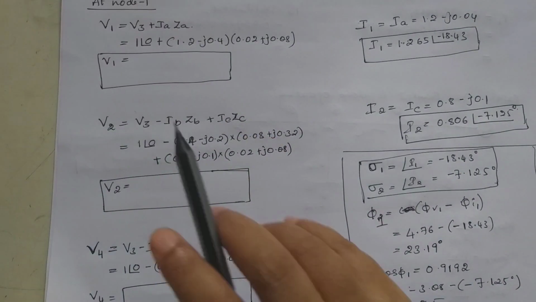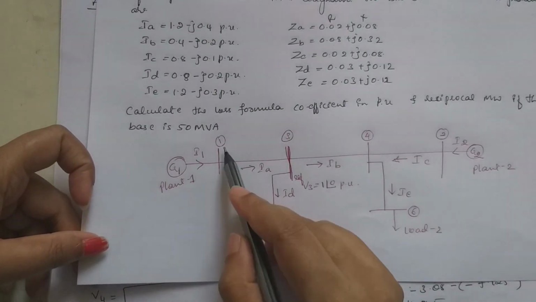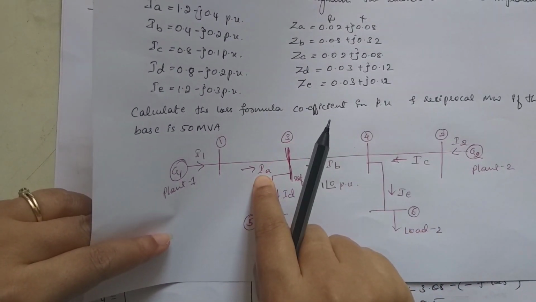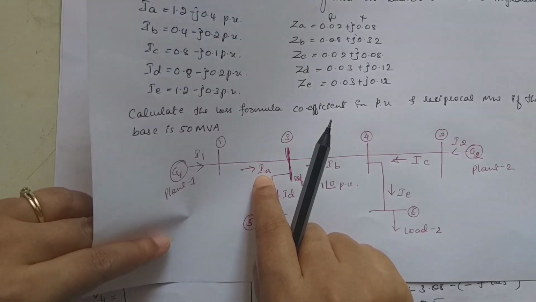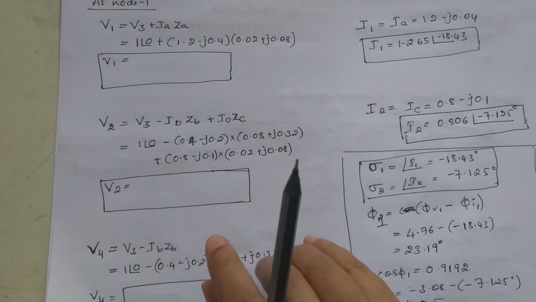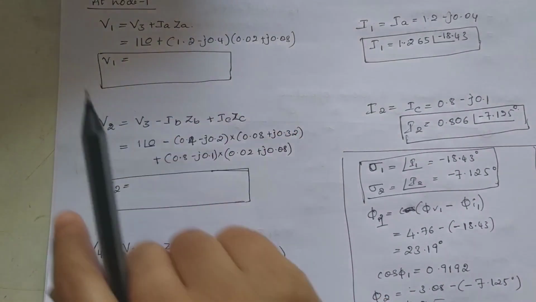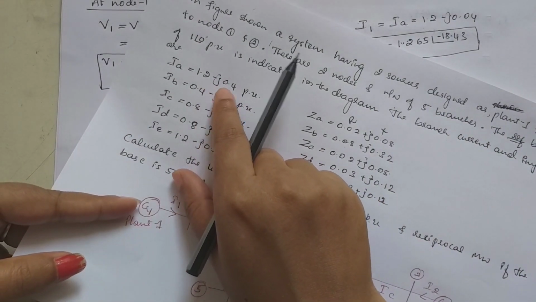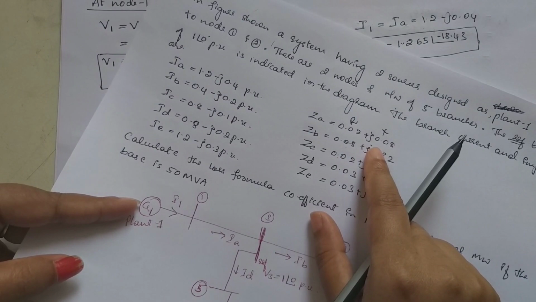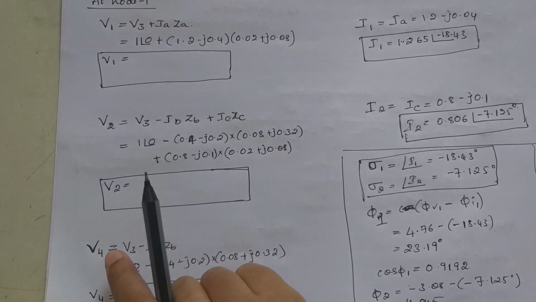So V1, by looking at the circuit diagram, is equal to V3 plus IA into ZE, correct? V3 plus IA into ZE. V3 is given as 1 at an angle 0. IA is 1.2 minus J 0.4. ZE is 0.02 plus J 0.08. Just substitute, and solving we get